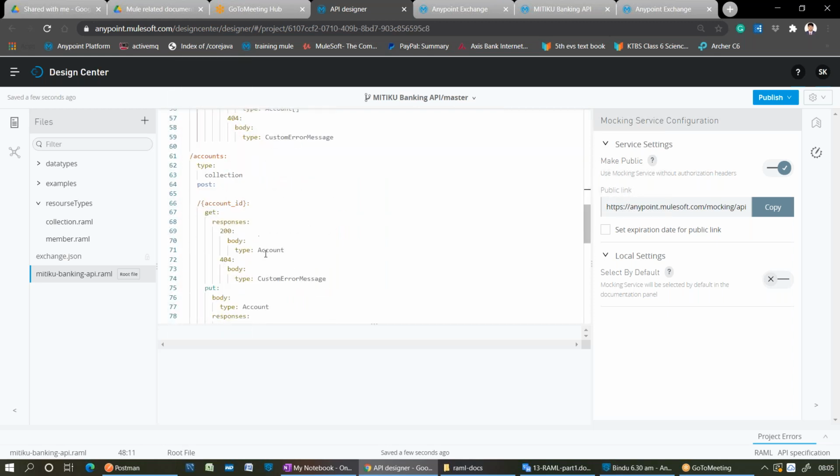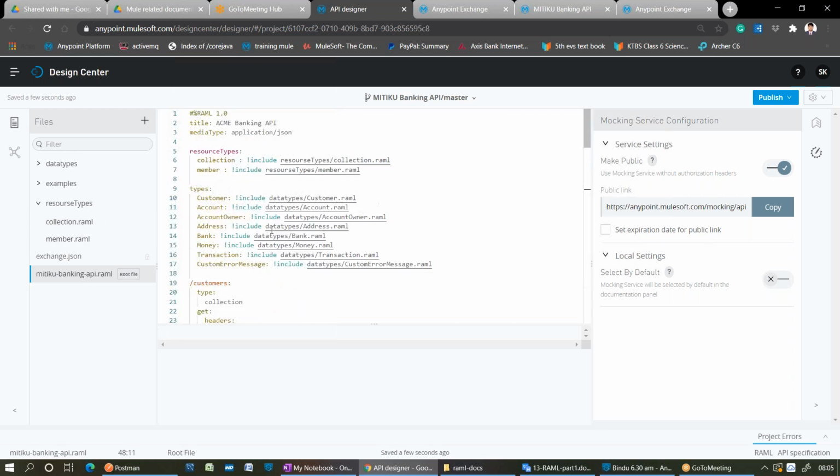Yeah. So type, you need to see the type. So basically these resource types are used for what? Why we use the resource types? To make the root file simple. Yes, exactly. To make the root file simple, and simple in the sense, instead of writing multiple times, why would you want to write that multiple times? Write once and use the template, no? Right?